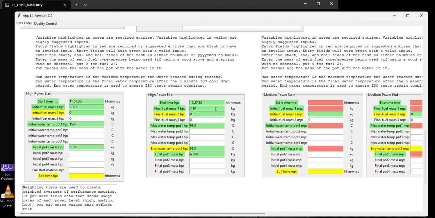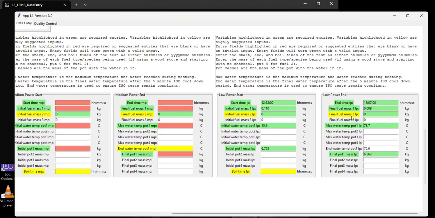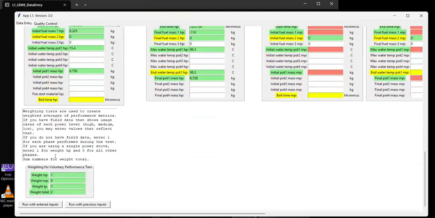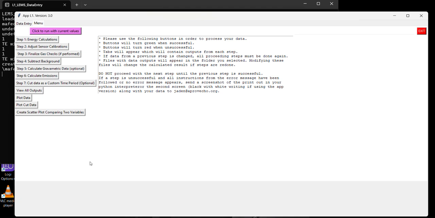Once our test information has been filled in its entirety for all the phases that were run, we can go down and enter weighting information. So in this case, we ran a high power phase, no medium power phase, and a low power phase. So the total weighting will be 2. We'll run with the entered inputs, which then brings us to the menu tab where we can start doing our